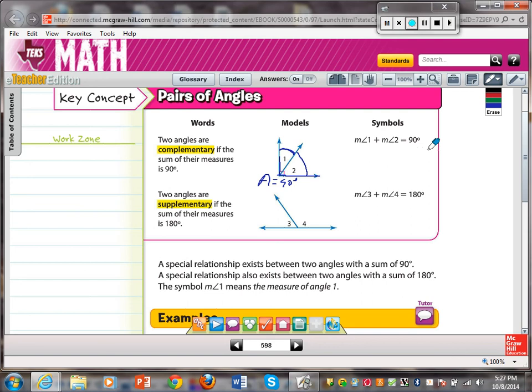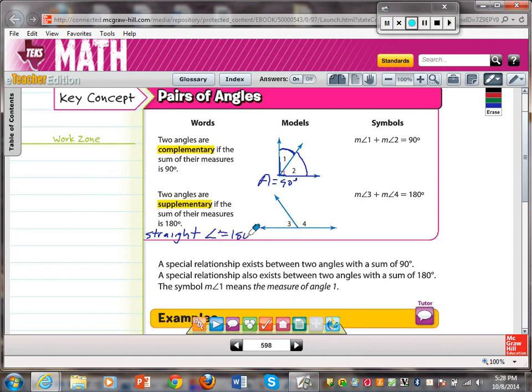Now let's take a look at supplementary angles. Two angles are supplementary if the sum of their measures is 180 degrees. Alright, so now 180, you know that a straight line is always 180 degrees. And we call that a straight angle, because it forms a straight line. So a straight angle